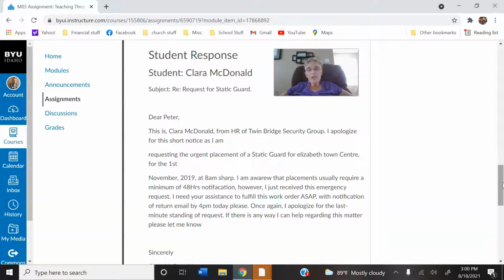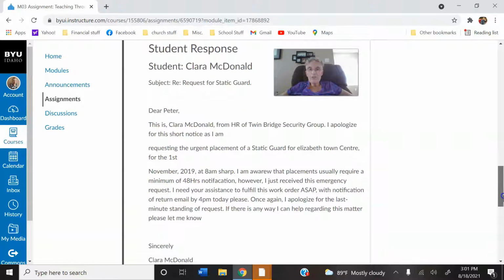And I want you to look at things like capitalization. I want you to look at fused sentences or run-on sentences. I want you to look at those. Okay, and just see if you can find something that you could fix in those two areas. And read it out loud to yourself and read it out loud to someone else, and see if you can find a couple of places where you might want to use some different words.